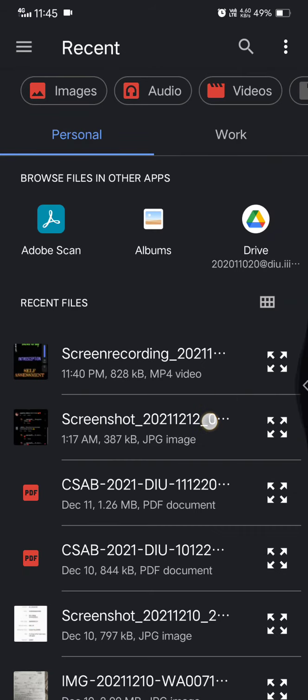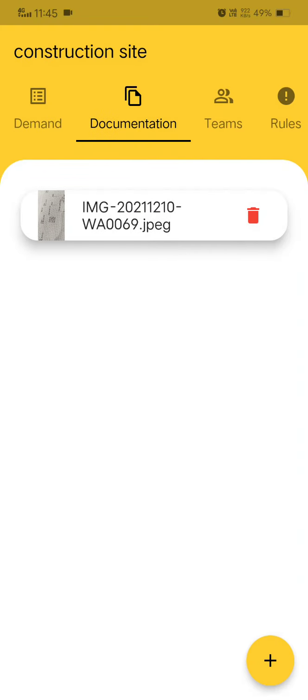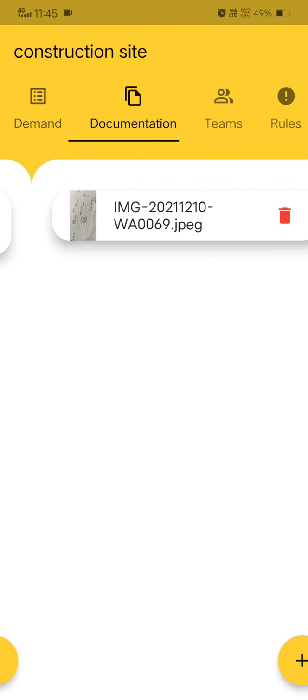So here we can see the picture is added, and we can view it, and if we want we can even delete the picture.